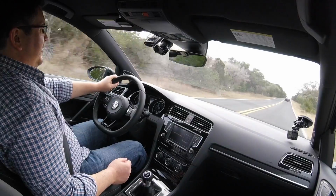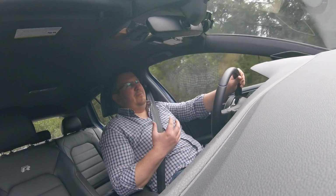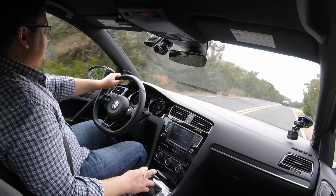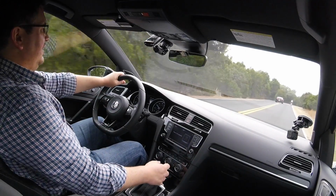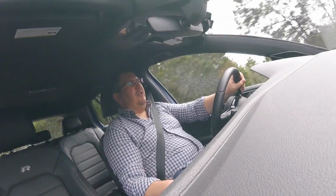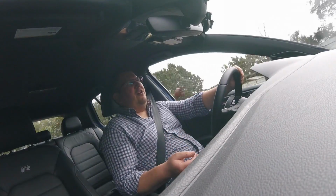And the only thing I would say is if you were to drive this car often or commute in it like I tried, you'll be disappointed with the noise it makes at all times. There's like a droney sound at some point, and we all know that it's not real exhaust. It's using this thing called Sound Actor, which is basically a speaker to reproduce this bassy exhaust sound. And overall, I feel the Golf R on the exhaust side of things isn't doing enough to really